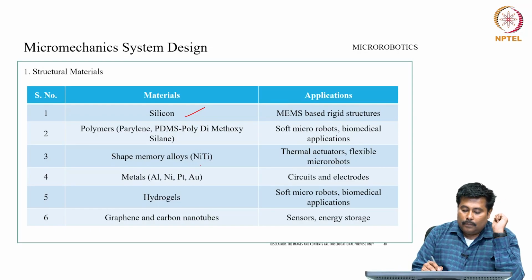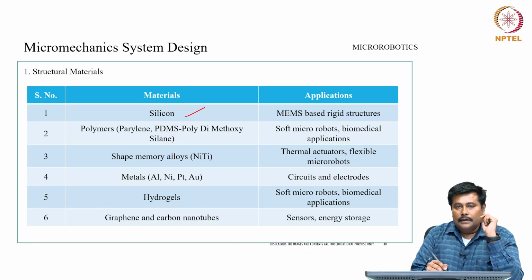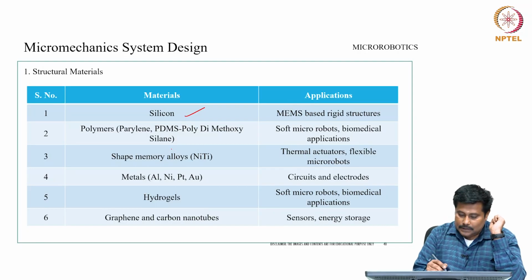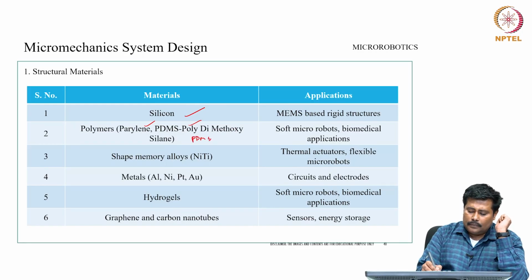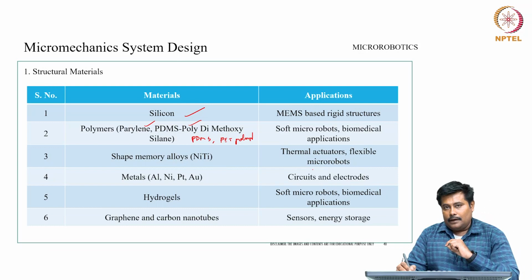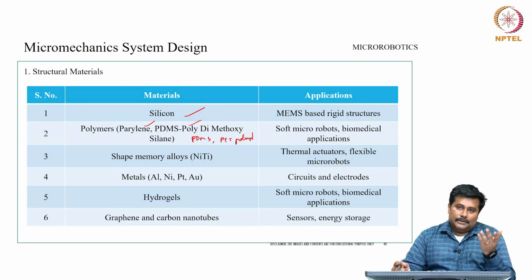Then when we try to talk about the other materials, one is a polymer. There are different types of polymers which exist, which include parylene, PDMS, polydimethylsiloxane, which we call PDMS. We can also have PET structures and polyamide structures. These PET and polyamide structures are efficiently used as a substrate. In fact, in our micromechanic systems also, we have discussed the Kapton polyamide, which is used for biomorph actuation